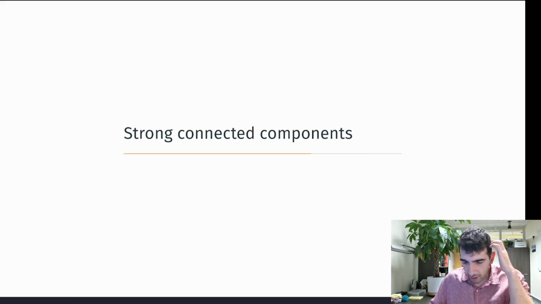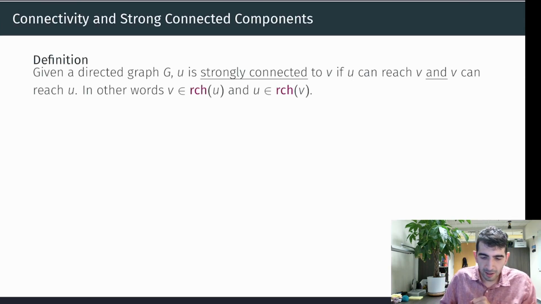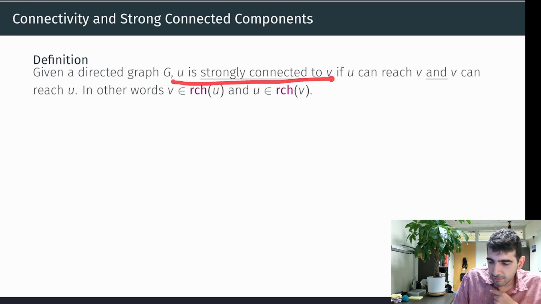So next I want to go over strongly connected components, which is a concept of connectivity for directed graphs. So let's jump right in. Given a directed graph G, U is strongly connected to V if U can reach V and V can